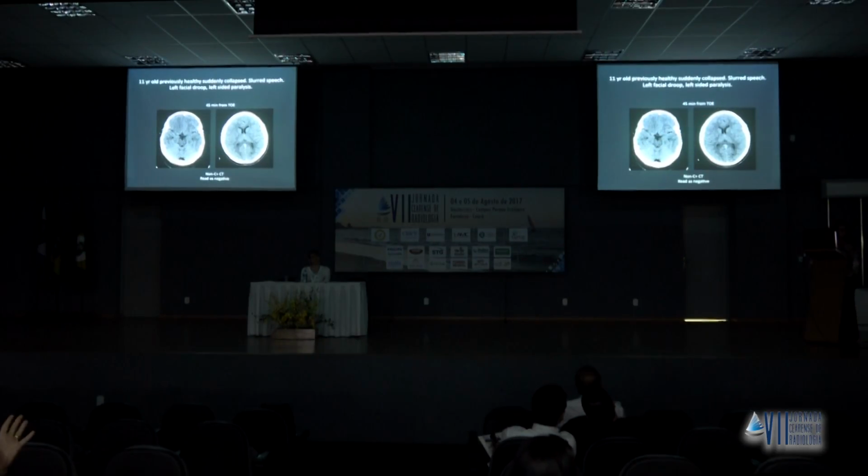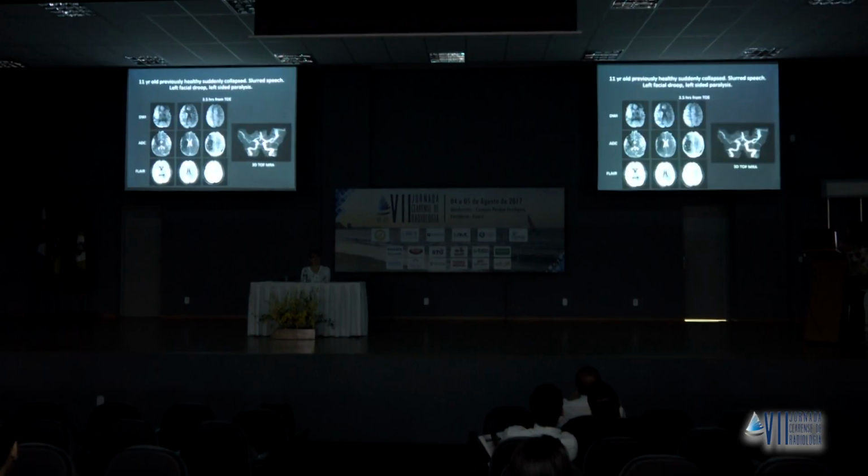Remember, we have about 4.5 hours to successfully intervene. The child had difficulty breathing and had to be intubated in the emergency room. This head CT was read out as negative. Child went for an MRI 3.5 hours later because of the difficulty that the child was having, was in critical condition. So we did the imaging now at 3.5 hours, large area of diffusion restriction with multiple territories, anterior cerebral,